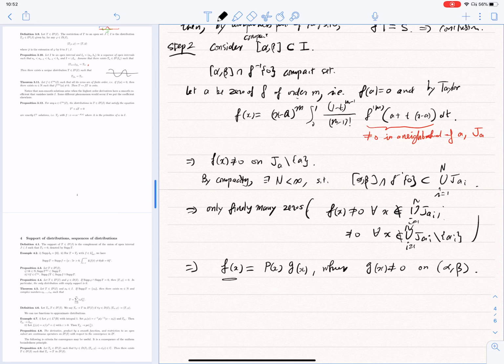Okay, so now f(x) can be written as a polynomial on [alpha, beta] times a non-vanishing C-infinity function, so that this either takes positive values all the way or negative values all the way. Okay, so this is quite important because we have reduced the problem to something that we know, which is a previous proposition